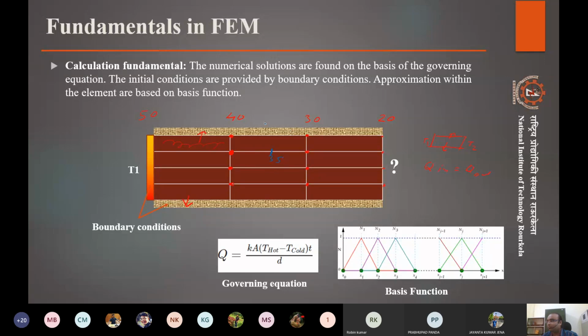Or it can be a different function based on what kind of material it is, what kind of distribution is happening, and so on. How that is decided is something called a basis function. In this case, the basis function you see is basically a linear function between nodes 1 and 2. So a linear increase from 0 to 1 is there. If you see node 1 and node 2, there is just a linear separation, so directly we can have a linear relationship between them.